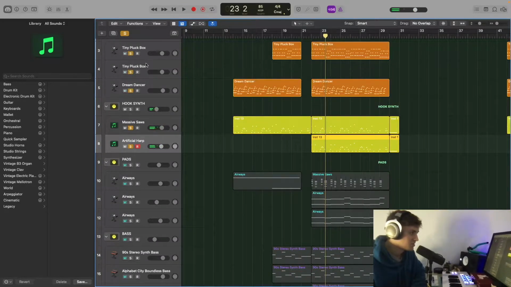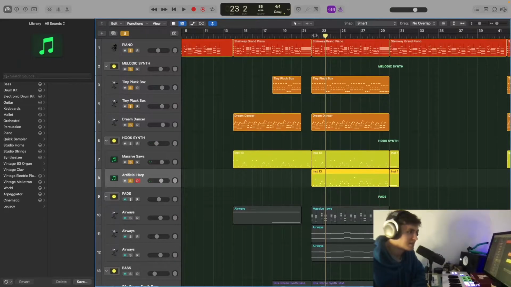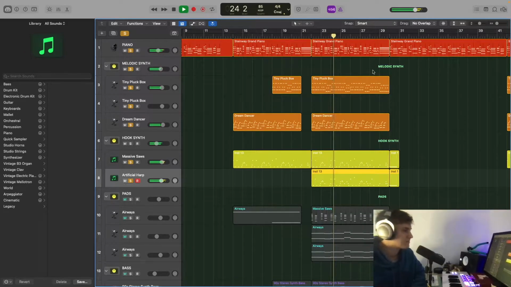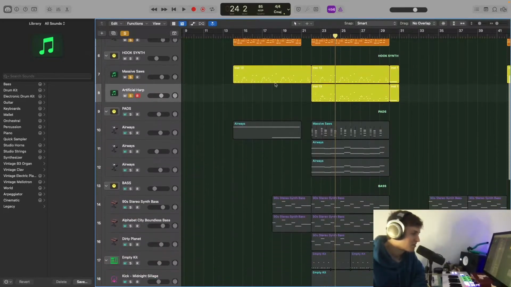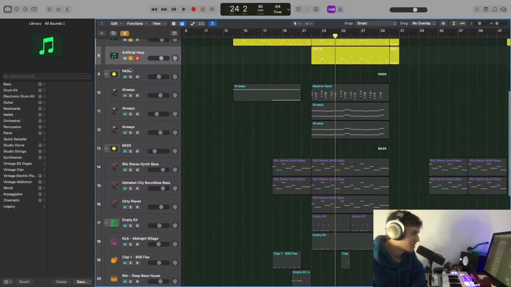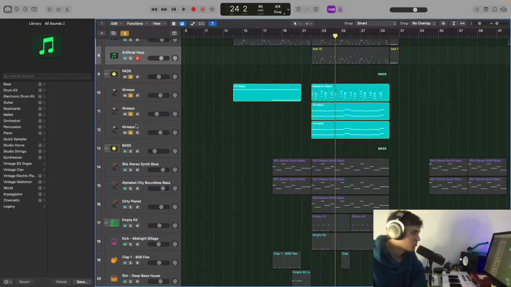So just from adding these first ideas in, we've already got the basis of our main drop in the chorus. It sounds really cool. I love it. And again, we haven't really implemented that many ideas yet, and this already feels like a pre-chorus in the making. So the next thing I want to add now is the pads,